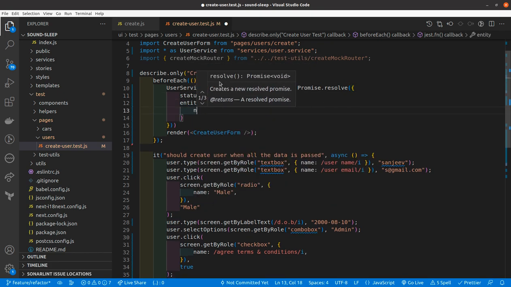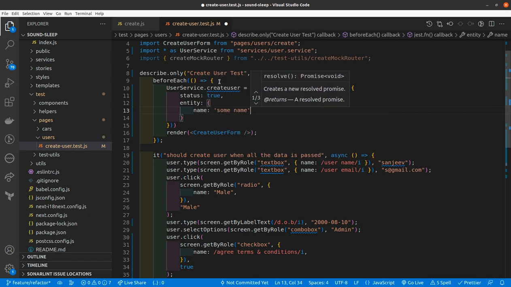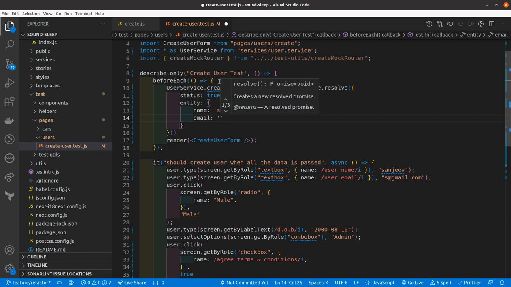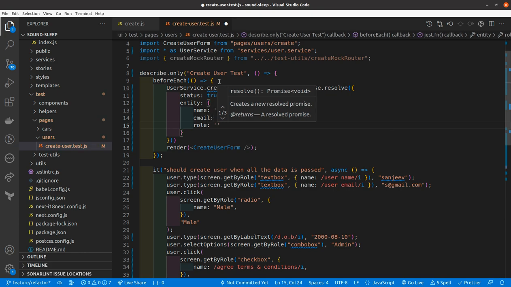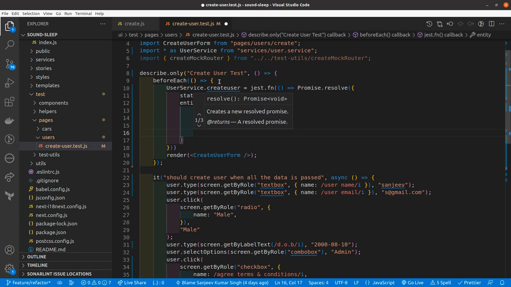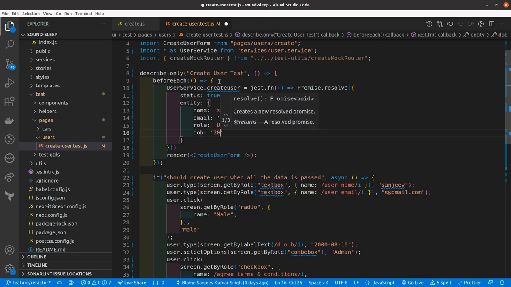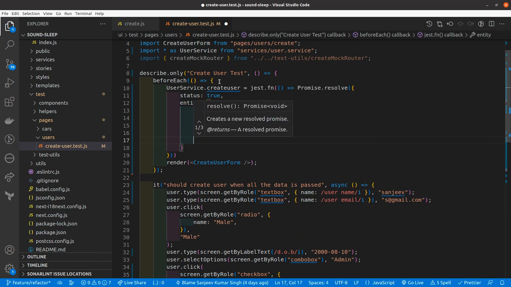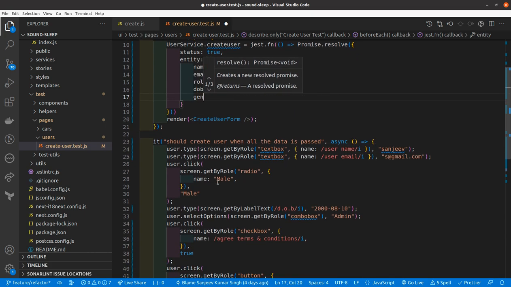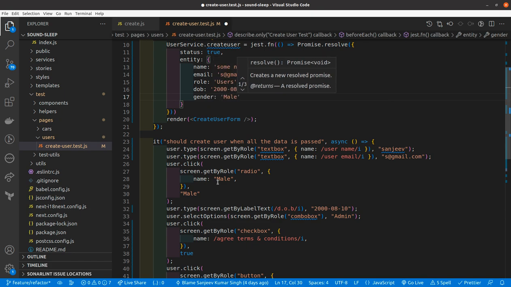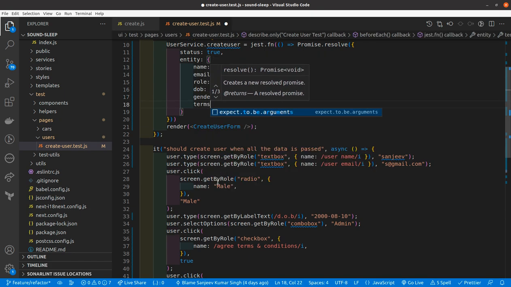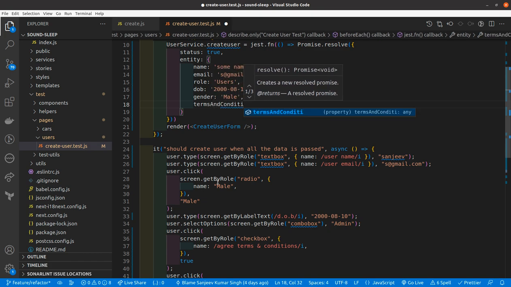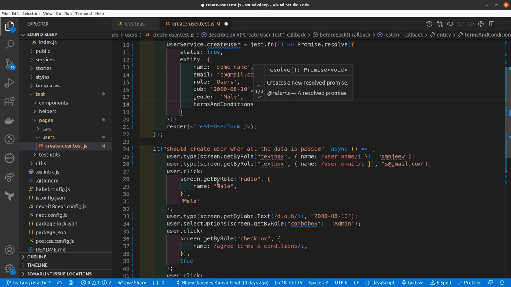Entity will be name, some name, email equals s@gmail.com, role is users, date of birth will be 2008, 10, and what other will be there, gender is male, and terms and conditions should be true. Okay,